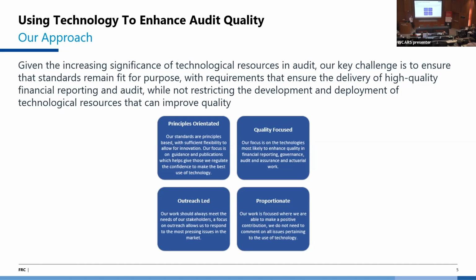So when we think about principles oriented, then we think that the best approach is to think about guidance. So rather than thinking about adjusting the standard, it's to think about what kind of sensible guidance can we put out there to help people. So that's why we did things like our addressing exceptions guidance. And it's why we're working at the moment on some guidance around how auditors might use machine learning to think about risk assessment.